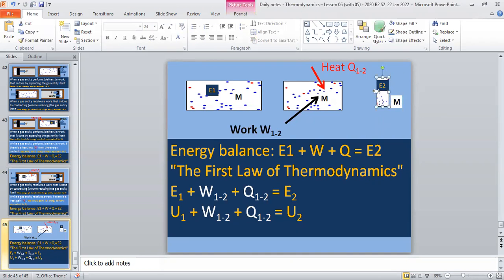I'll make this a little bit big maybe. Good. Then this is for the entire mass entity, gas entity M. So what I can do is